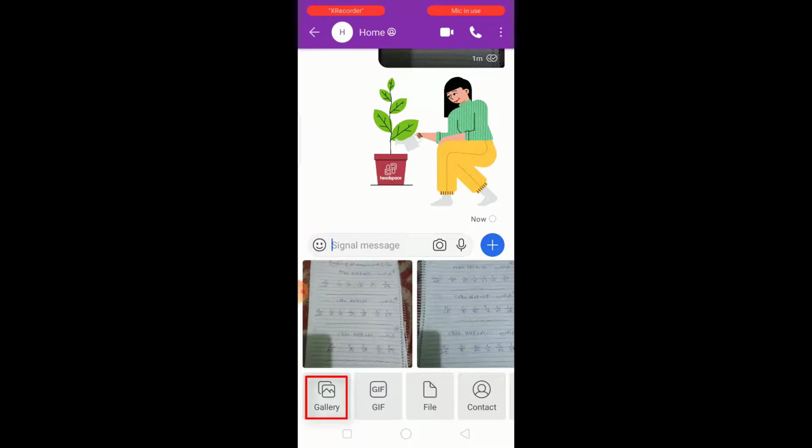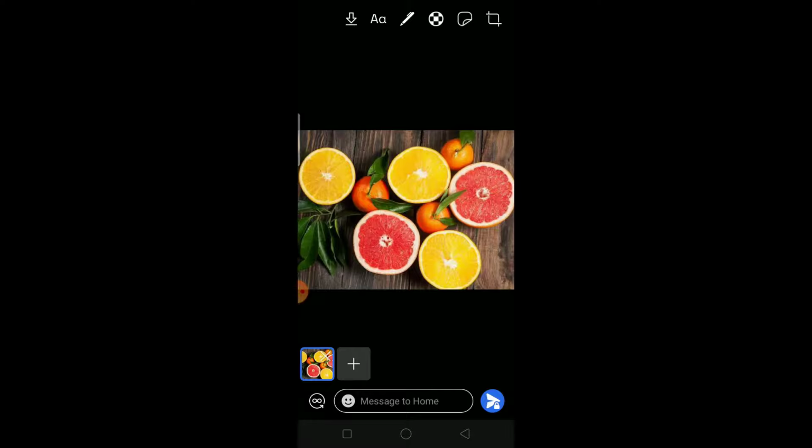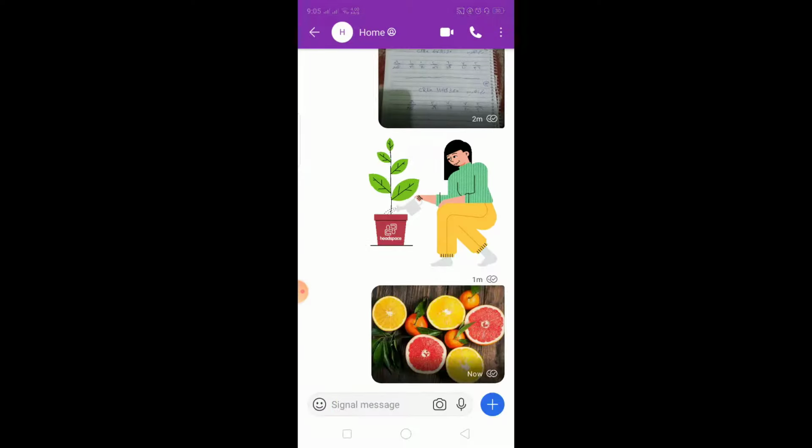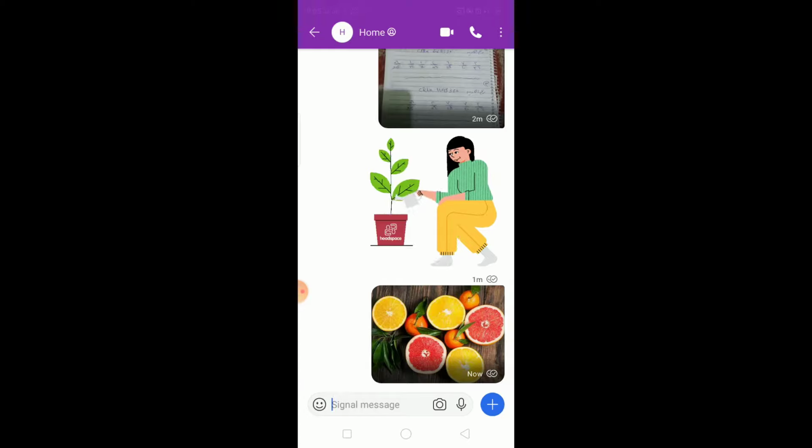Click on gallery. Select the image which you want to send, like this. And press here. Press again here. Now the image is already sent. If you want to remove all this data, just press on the image or sticker which you want,